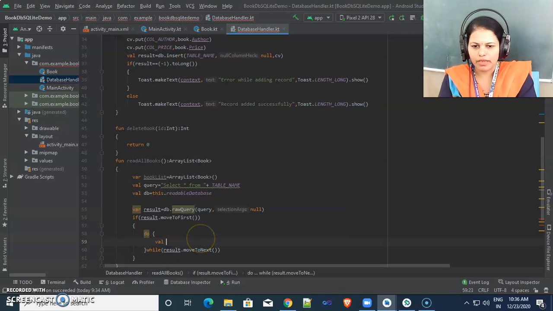Here we are creating one object as book.